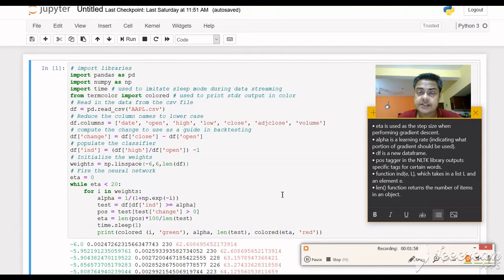Then alpha. Alpha is a learning rate. Again, very interestingly, like human beings learn. This is just a mimicry of human beings' central nervous system. So obviously this also learns. The algorithm learns from previous mistakes and does not repeat the previous mistake once again. So that is why the learning rate also should not be very high, also should not be very low.